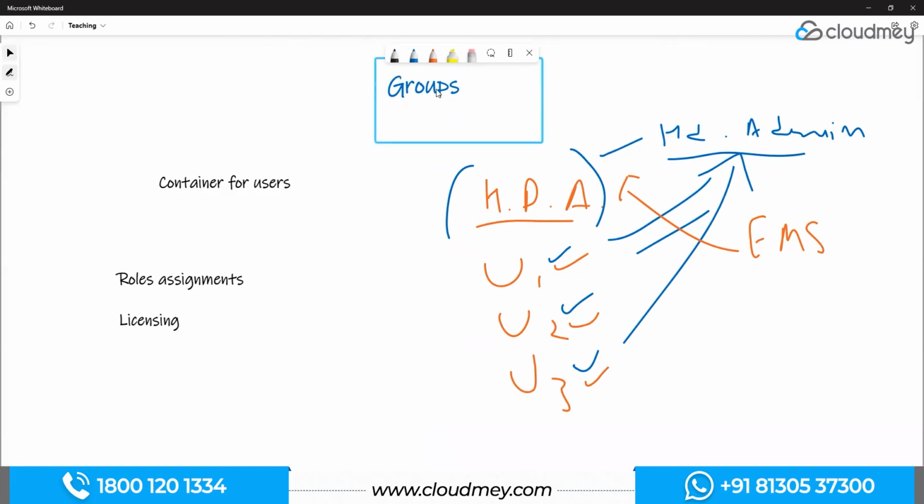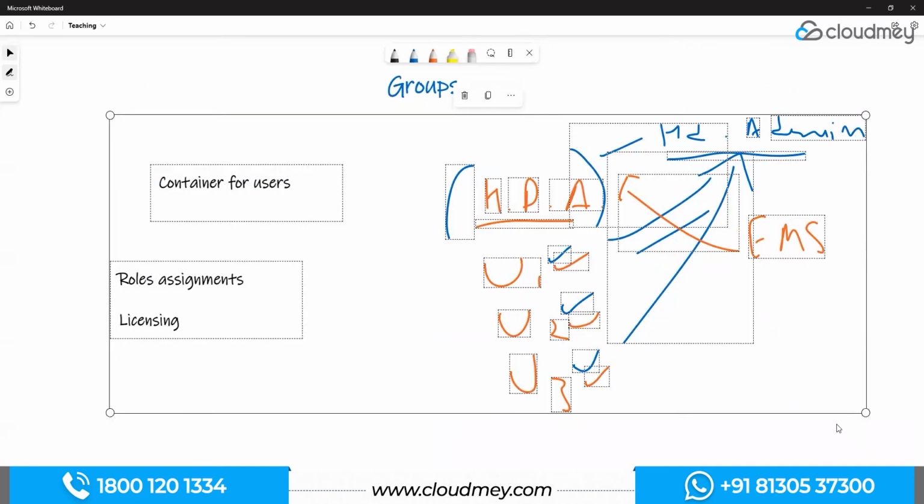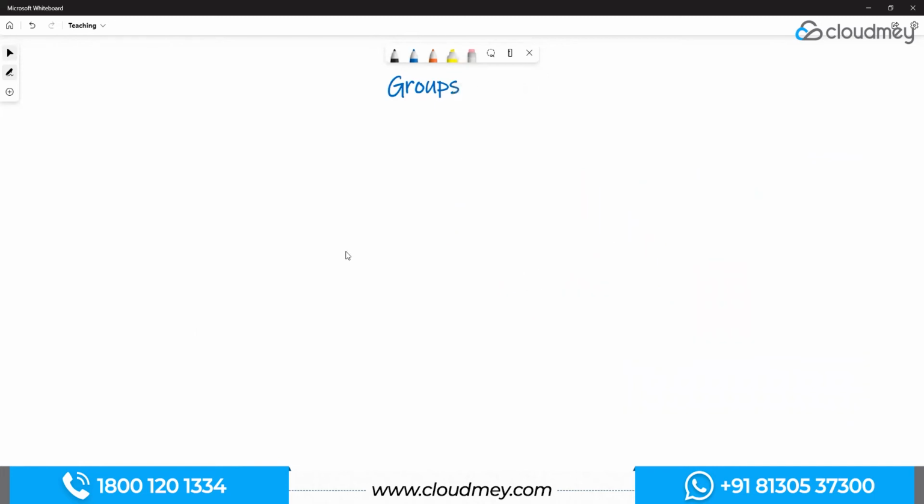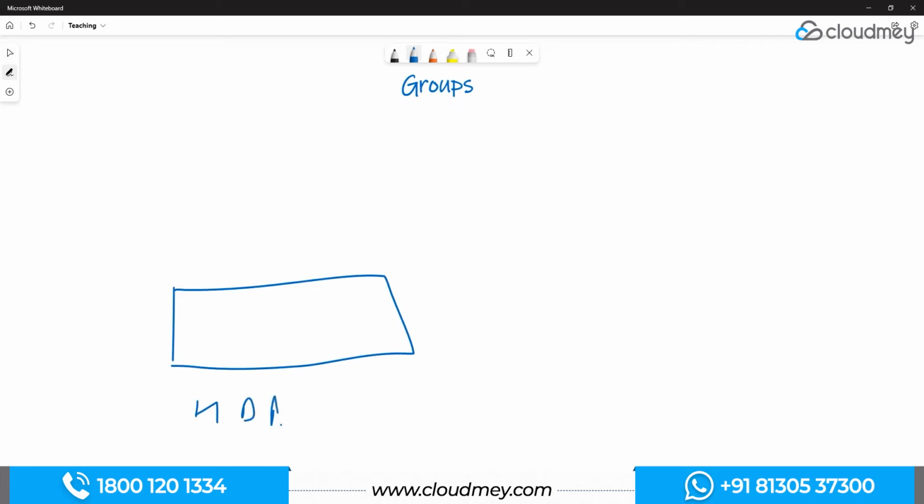Now let's go a little deeper here. You can note this down: it's a container for users. We use it for role assignment simplification and license assignment simplification. These would be the main uses of a group. Now, every group, let's say this is a group, again help desk admins. It has user 1, user 2, all these users. So what we can do is choose one user